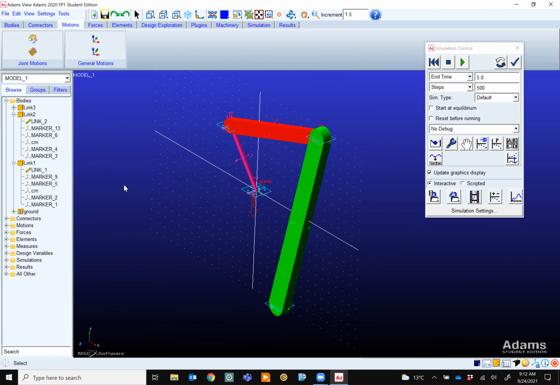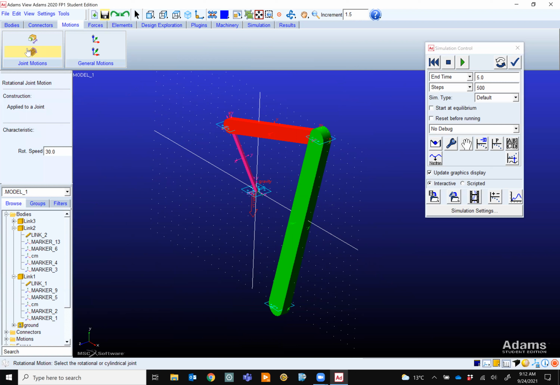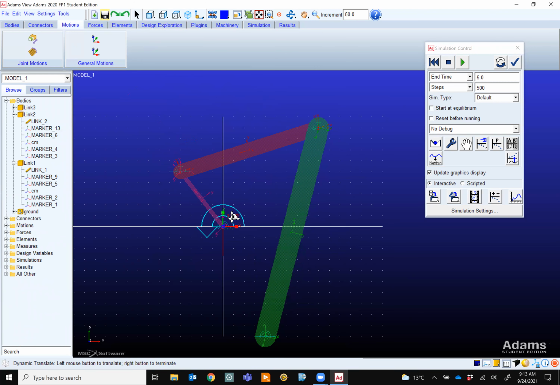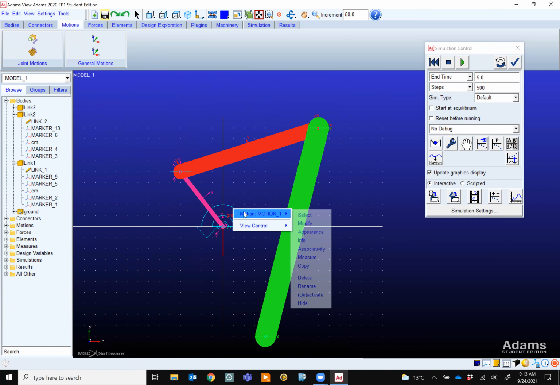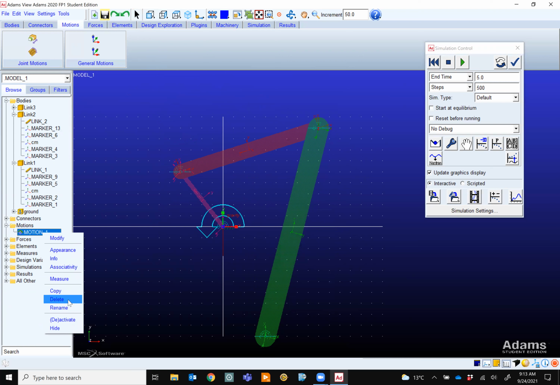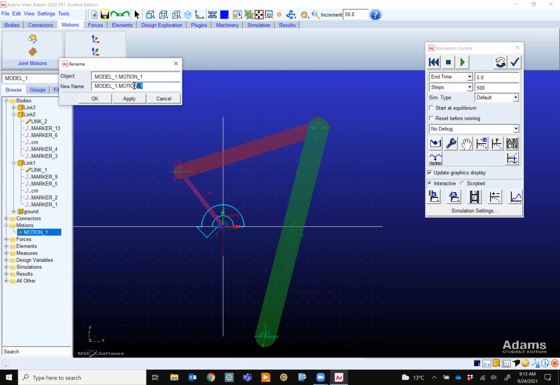All right. So what we want to do, we want to go to motion. Click on the motion, and then the question asks you to select a joint. And this is where we like the motor to be. I just click that one, and that's the motor. That's it. So that motor now, if I right click on it, I can modify it. I right click, it's called motion. You can rename it. Motion is not a good name. Let's rename it to motor, for example. Motor, and then hit OK.